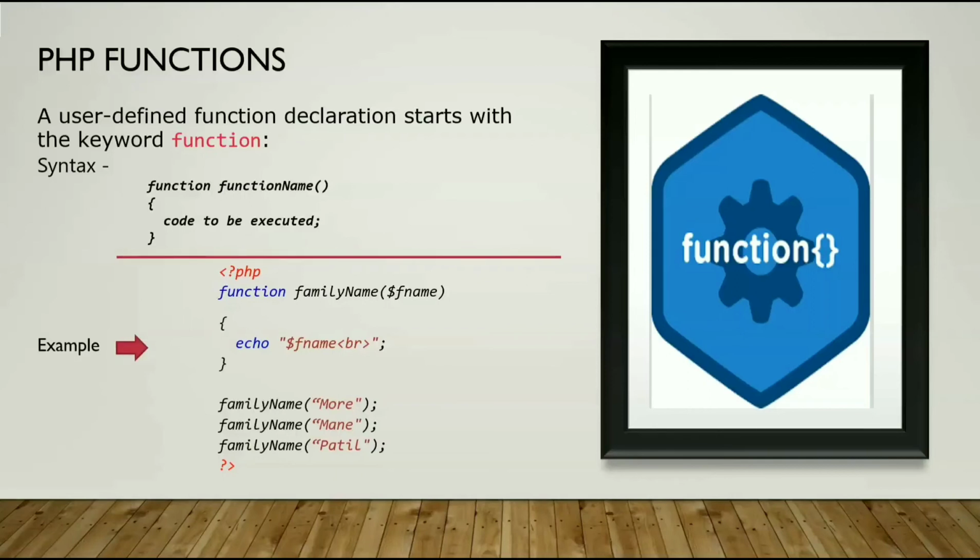In PHP functions there is no return type, and while passing the argument we don't specify the data type. Data types are automatically detected with the help of the particular value which we pass through the call to the function.